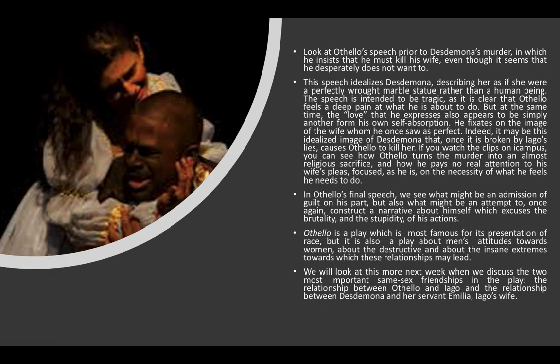fixated on a certain idea of Desdemona. He doesn't see her as a person. He sees her as someone who's too perfect to be true, and I think you can make an argument that one of the reasons that he feels that he has to kill her is because he can't stand the idea that this image that he has of her is broken or polluted. So he makes her a martyr to her own self, and it's because of this that he doesn't listen to her. He doesn't care to ask her. He's already made up his mind that she's guilty, and that whatever she says will have no kind of effect